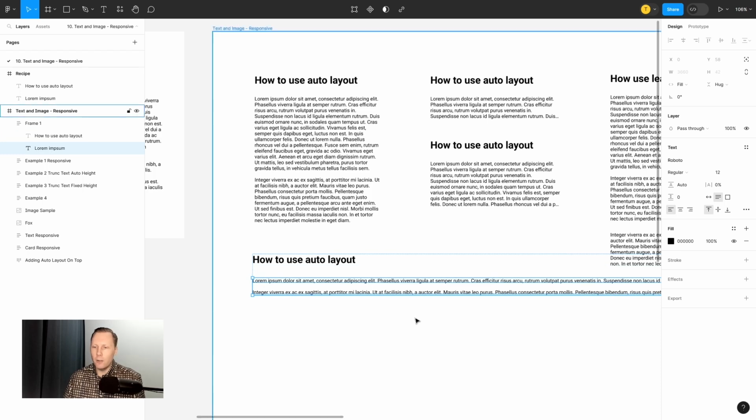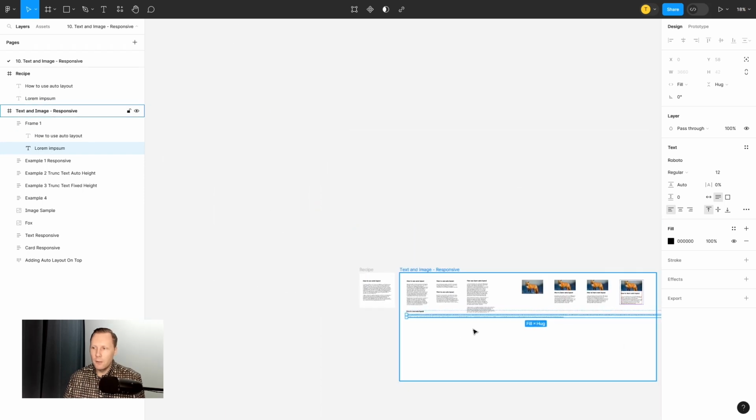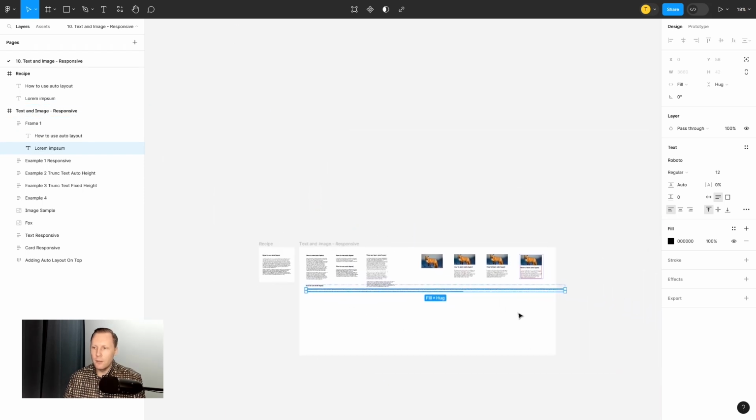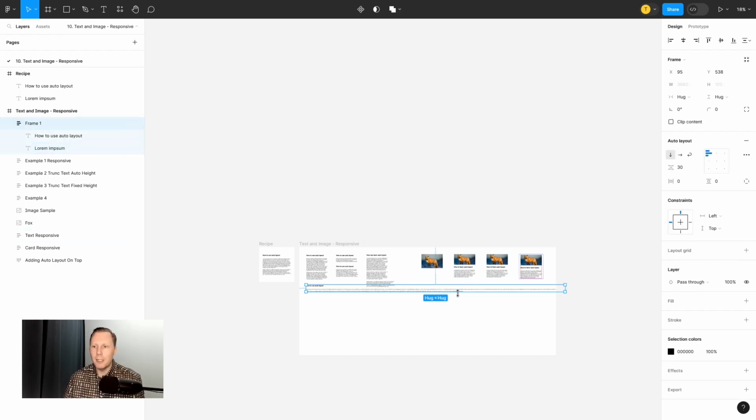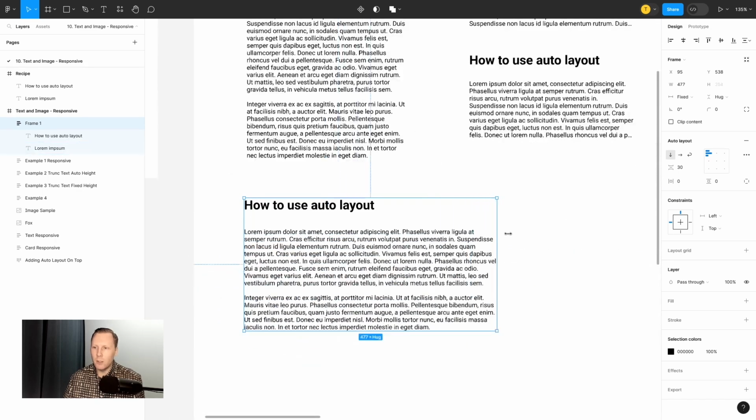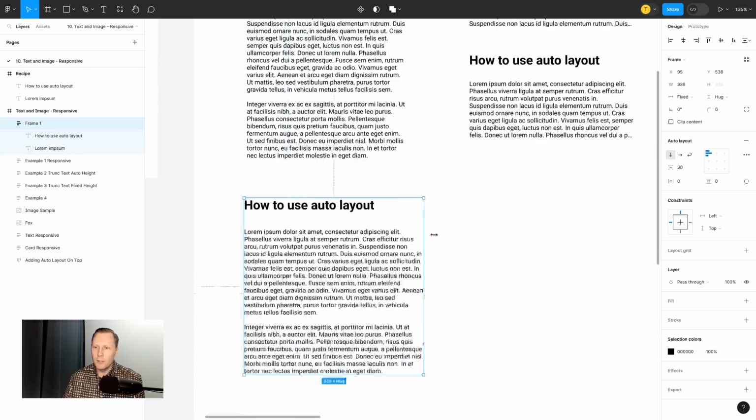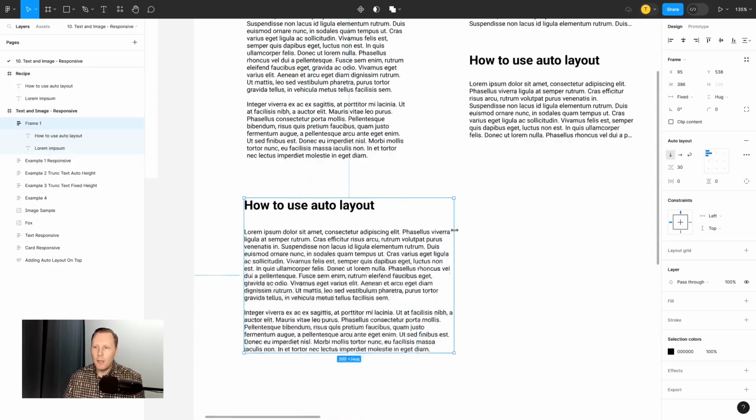And now I'm going to zoom out. Okay, so now it looks really big. So I'm going to select frame number 1, meaning auto layout frame, and just click here and just drag this frame here. And now look, it's responding to the size. And I want to mention one more thing, that responsive design